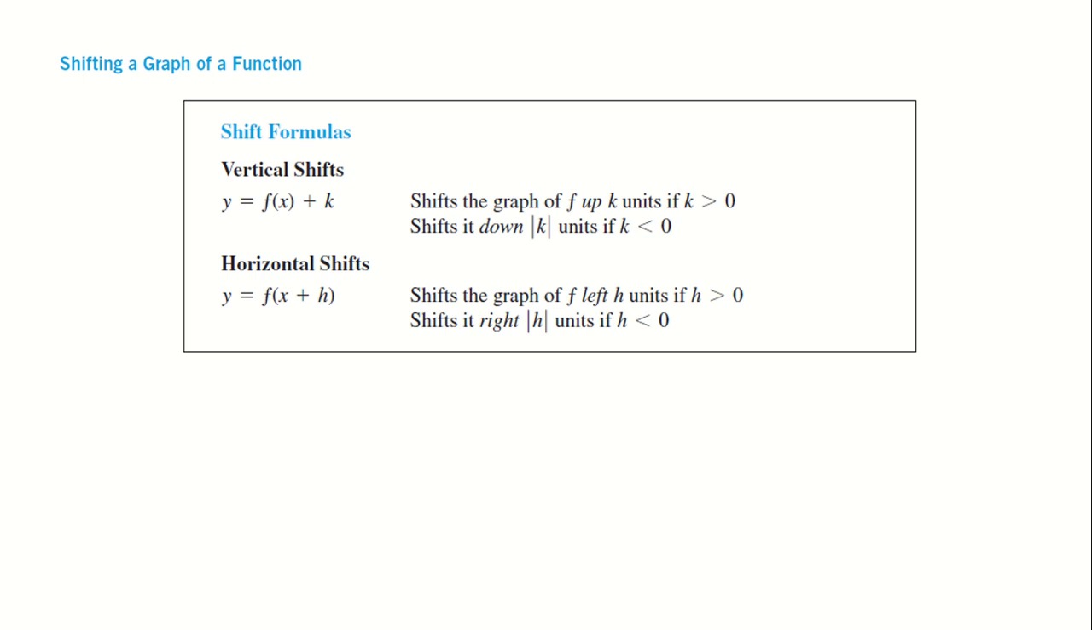If we add a constant to the output of a function, then the function will shift vertically. And if we add a constant to the input, I think it sounds very weird, right? Here, look at this one. If we just add a constant to the output of a function,